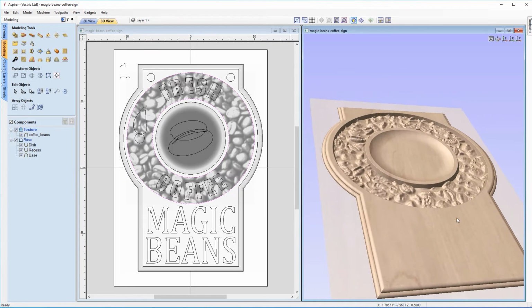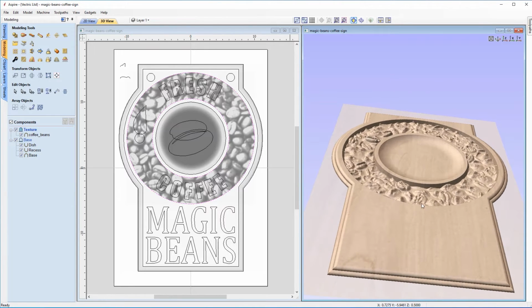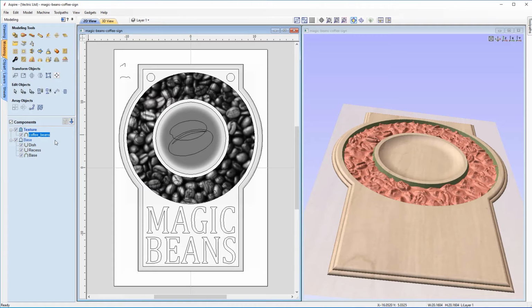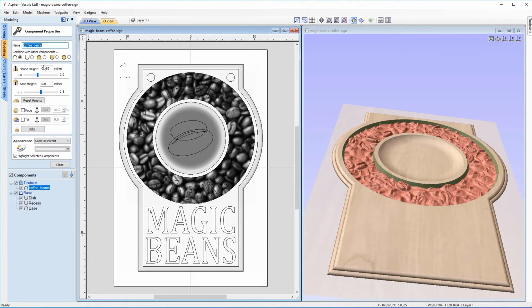Okay, so one last thing I'd like to look at doing here is altering the shape height. So we've got a lot of height to these parts of the texture, so here and here. So we're just going to have a look at dropping the height of our coffee beans texture component. So with the component selected, we'll go up to the component properties under the modeling tools, and you can see at the moment we've got a shape height of 0.403 inches. So I'm just going to change that now to 0.2 of an inch, and we'll press the space bar to